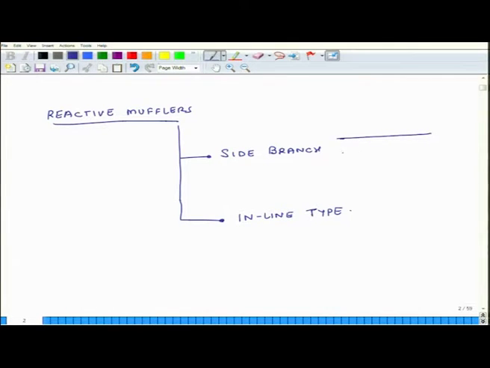Suppose I have a pipe which is transmitting sound. So, sound transmission path is in this direction. What I do is I design a muffler which branches out like this. So, this is a side branch, and this you see is a Helmholtz resonator. Now, this could be either a Helmholtz resonator or it could be just a straight pipe. That can also work, straight open pipe. So, instead of this Helmholtz resonator, I can attach a straight open pipe, and that can also act as a